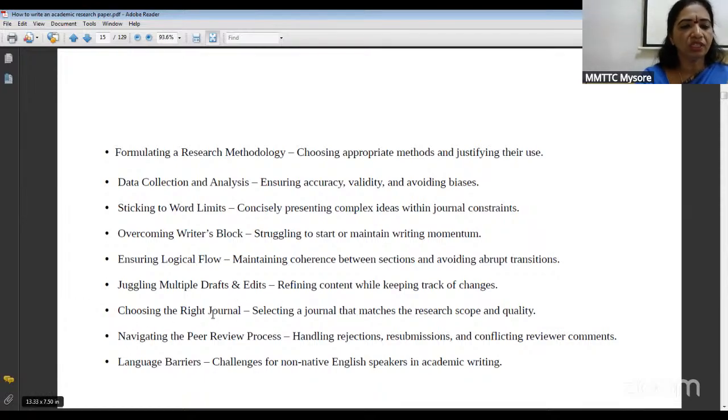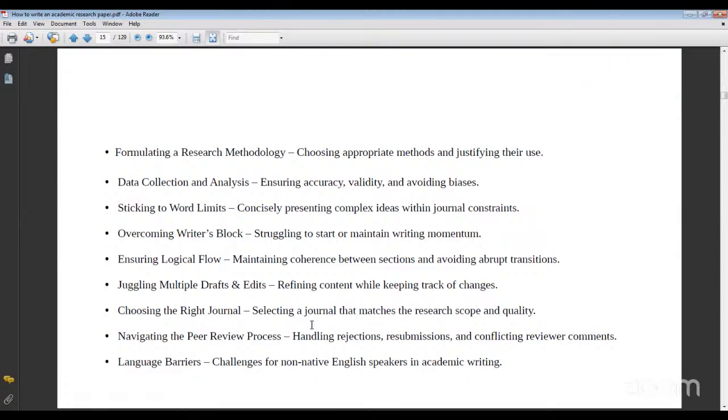And also choosing the right journal. This is a very, very important step. After you have written the abstract, nowadays there are softwares which advise you to choose a particular journal. You can go to the journal finder, and if you put in your abstract, it will suggest which journal is suitable for your work. Or else you have to search for the journals in your field, and you should go to the journal website and see what are the,